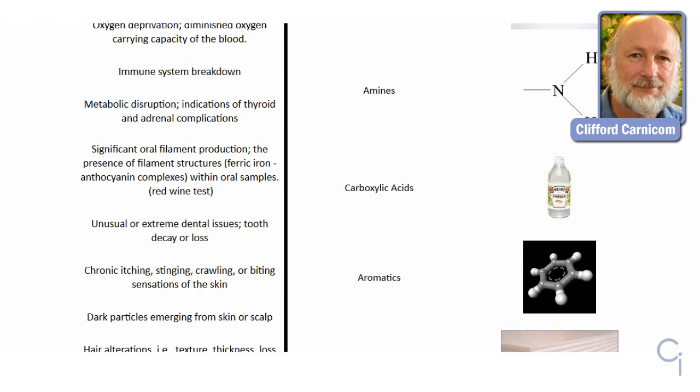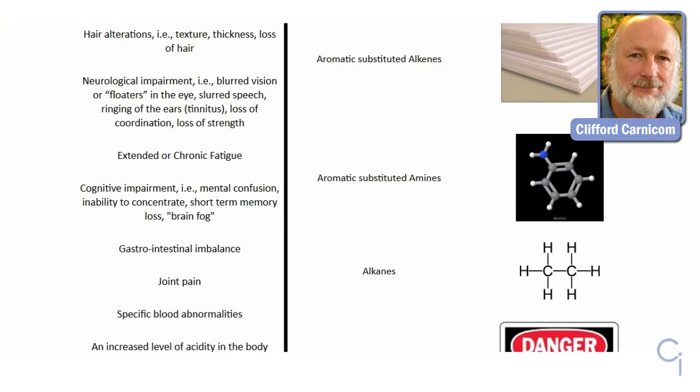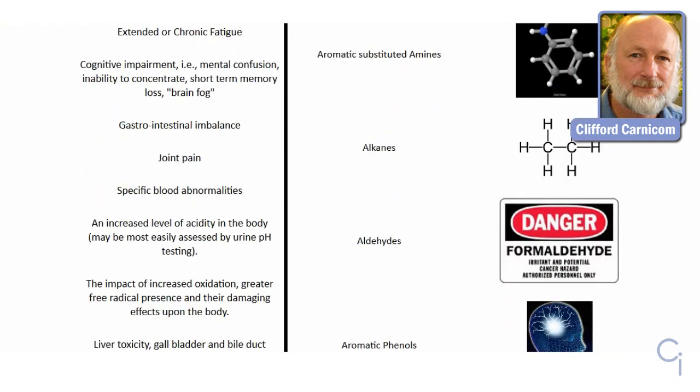Chronic itching, stinging, crawling, or biting sensations of the skin. Dark particles emerging from skin or scalp. Hair alterations, i.e. texture, thickness, loss of hair. Neurological impairment, i.e. blurred vision or floaters in the eyes, slurred speech, ringing of the ears, tinnitus, loss of coordination, loss of strength, extended or chronic fatigue, cognitive impairment, i.e. mental confusion, inability to concentrate, short-term memory loss, "brain fog" in quotes, unquotes, gastrointestinal imbalance, joint pain, specific blood abnormalities,